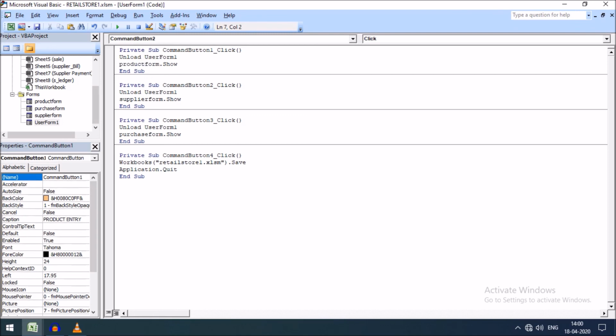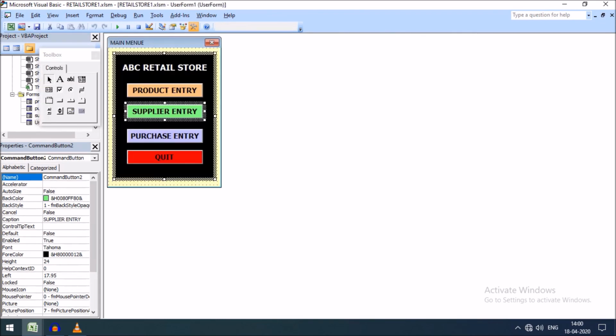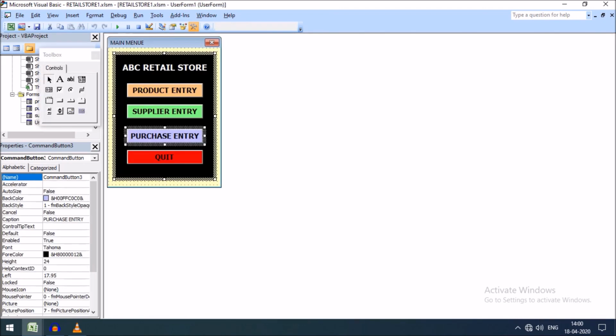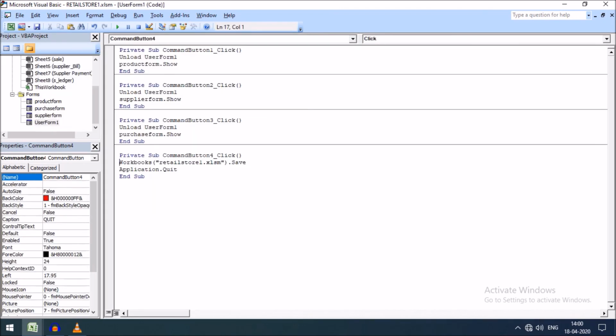Similarly, in the second one, in the supplier entry, you can see unload UserForm1, that is our menu form, and the supplier form will be shown. Similarly, in the purchase entry form, UserForm1 is unloaded, that is our menu form, and then the purchase form will be shown. And going back to our menu, in the quit section I have first saved